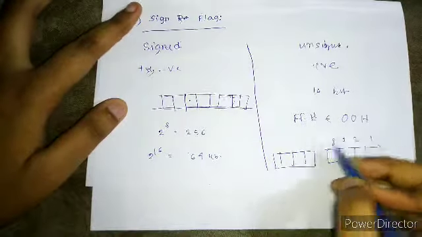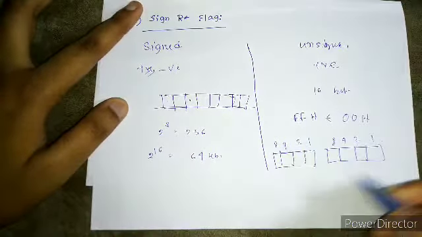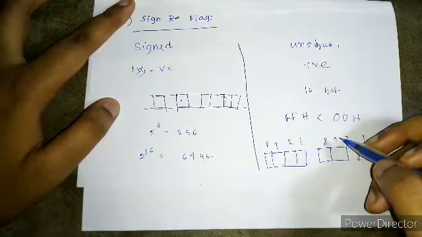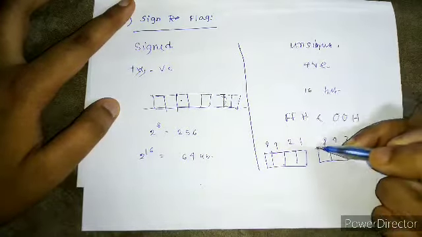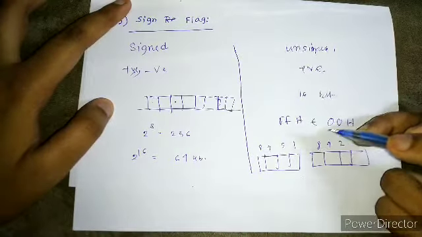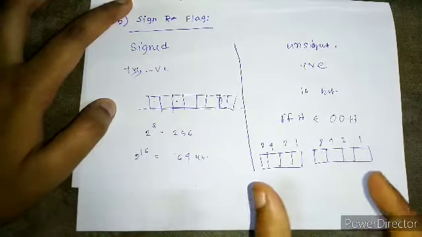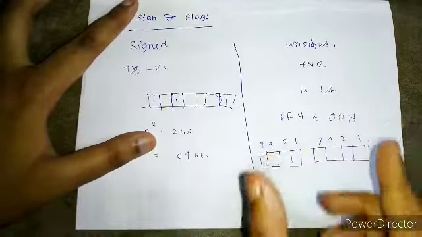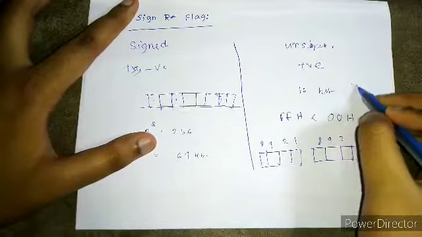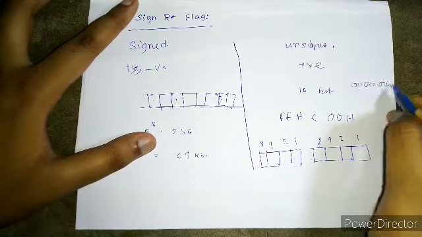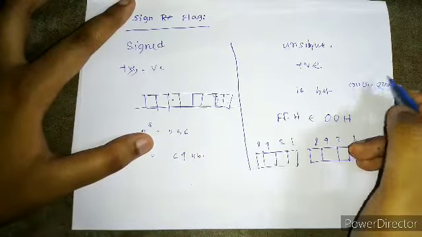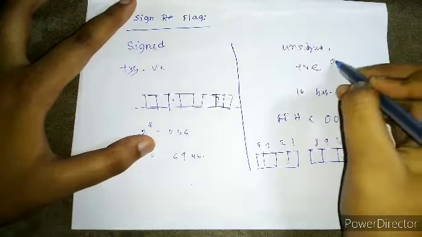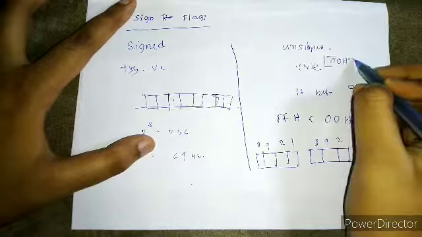1, 2, 4, 8, 1, 2, 4, 8. Before I start, remember, in our system every number is in hexadecimal format. Clear? So what is the first combination that can be generated? 0, 0, 0, 0, 0, 0, 0, 0. And here 0 is considered a positive number. So in this range, the positive numbers will start from 00H to...